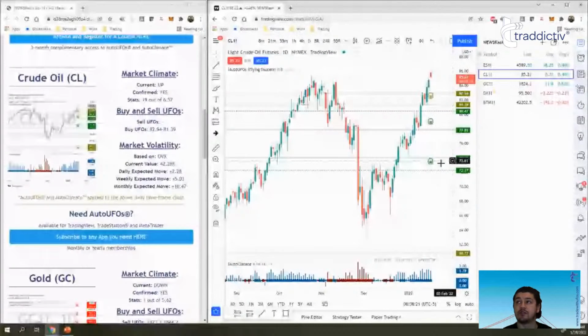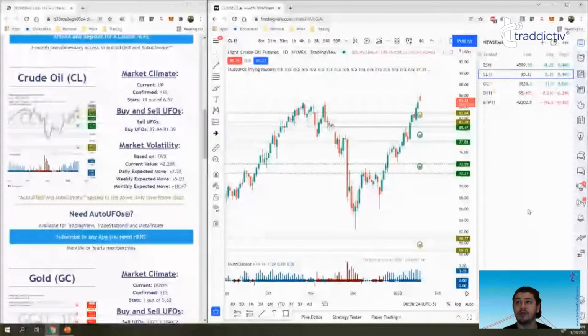Going into the next one, which is crude oil. As you see, we spoke about it yesterday when we were doing the market commentary. While it did go to the highest it has been in a while, 85.98, which is up here, the previous high was 85.41. It did go higher, however, it did not close there. Right now, we did open higher, it looks like we opened at 85.89. However, we are currently trading in a red candle as you see it today. It is pushing lower and lower.